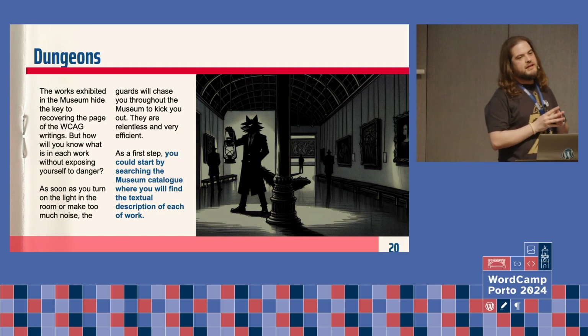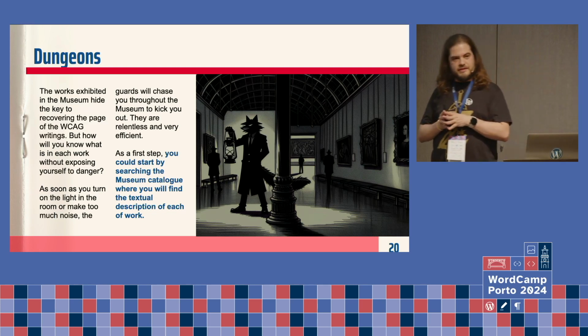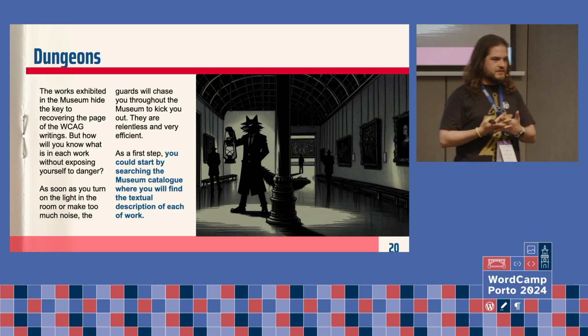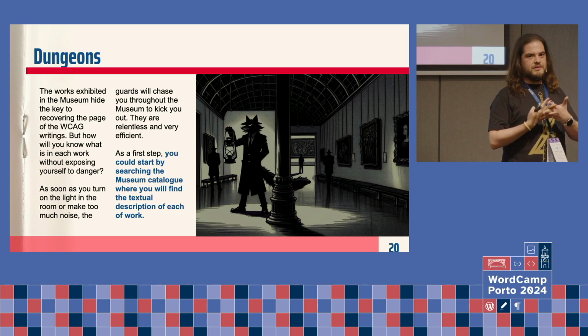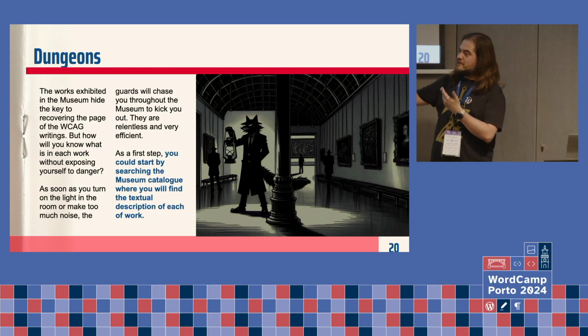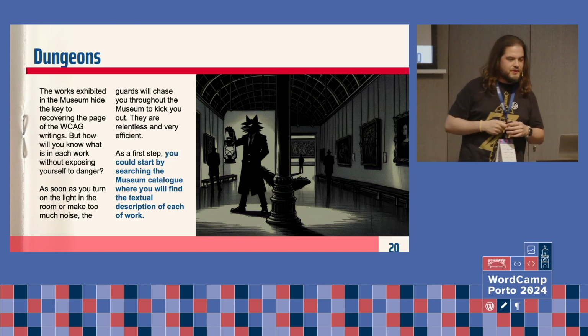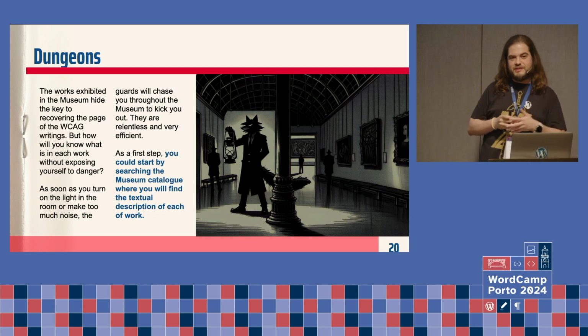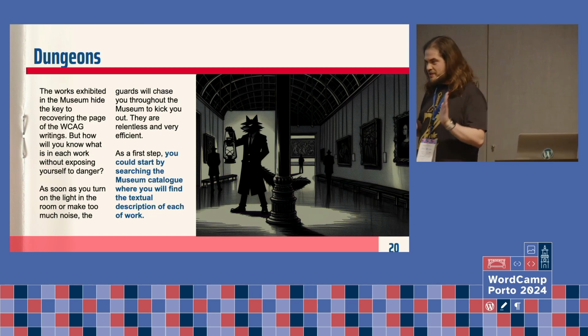But without light, you can't see the paintings. So how are you gonna solve this puzzle? You can't turn on the light. Probably you should start searching for the museum catalog, where you will find the textual description of each work. Maybe.